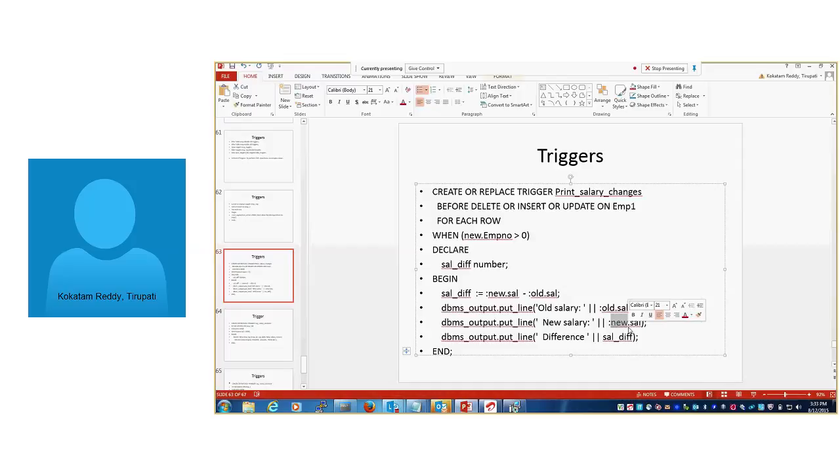When you try to insert, that time we can get only new salary, because insert means you are trying to insert new records. You are not going to modify the old records. If you modify the old records, if you use an update statement, that time you get old salary, it will support old predicate and new predicate. For insert, you are trying to insert new records. That's why the new predicate is only supported. Old predicate will not support insert. Old predicate supports delete, and it supports update. New predicate will support only insert.